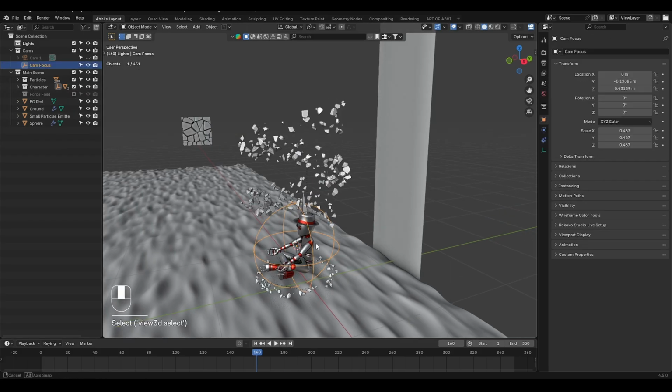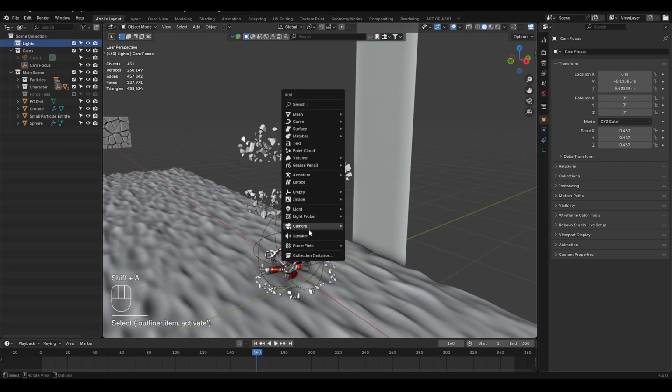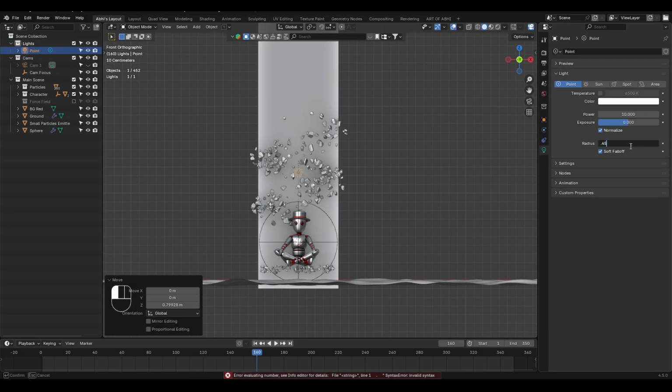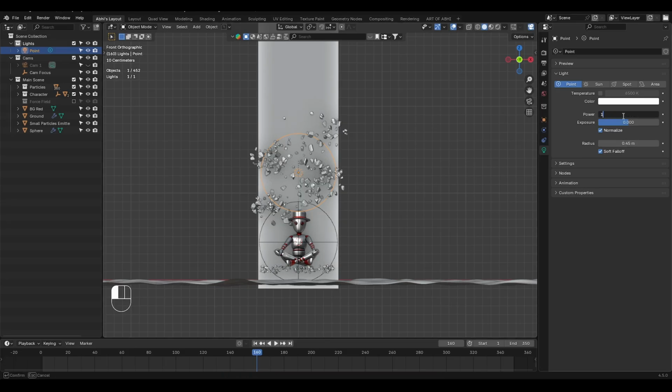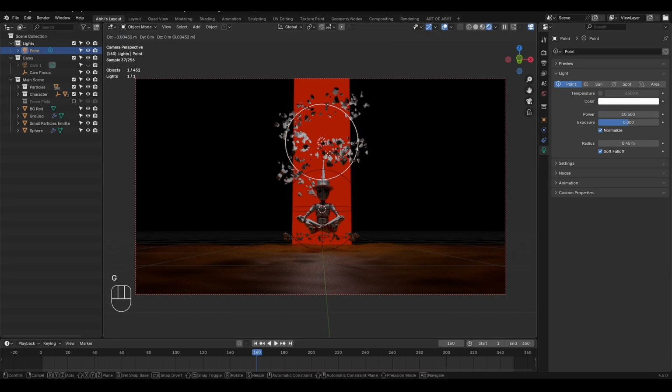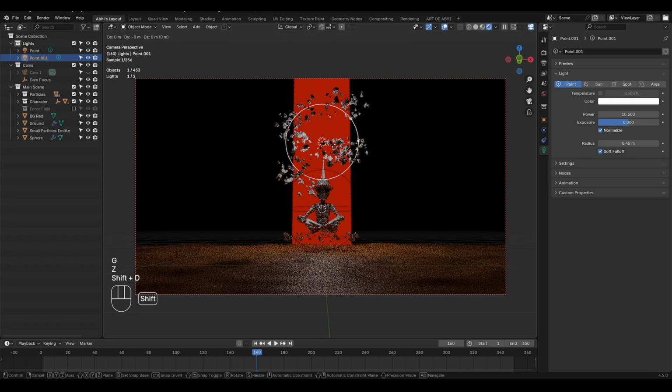Now select the empty sphere, bring the cursor to selection and then press Shift A, click on light and add a point light. Move it upward somewhere here, then go to light properties, set the radius to 0.45 and power to 10.5. Also, enable render view mode, select the point light, press Shift D to duplicate it and move it